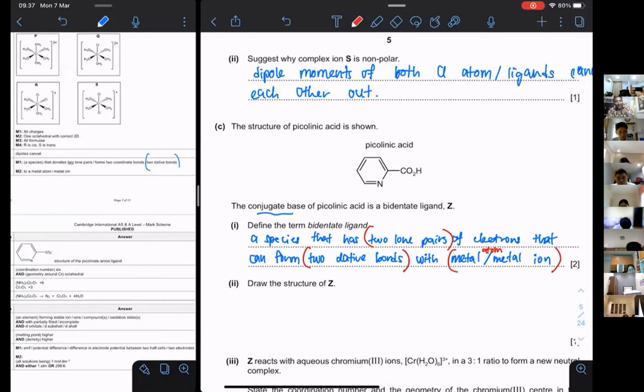And then draw the structure of that. The conjugate base is a bidentate ligand. So this is the acid, and then the base. Normally an acid will donate the H plus, so the conjugate base is the one after it has donated the H plus. So if I follow exactly what is given,